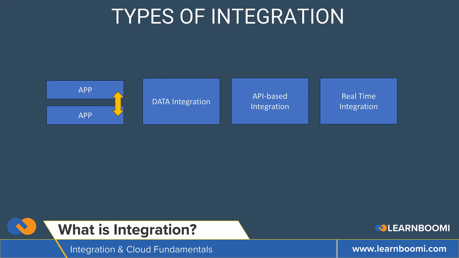The third approach is API based integration, wherein apps talk to each other through APIs, like a standard language between the systems. This is like an interface that allows applications to communicate with each other. We'll discuss further what is an API, what is the definition, all those things.